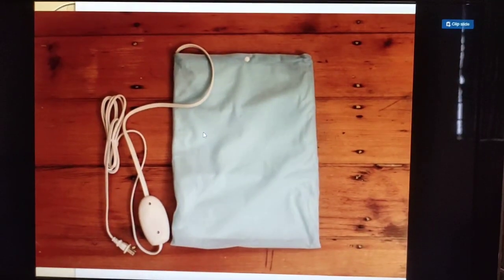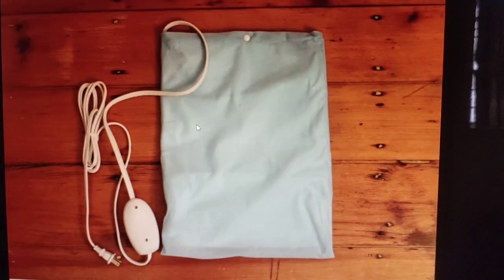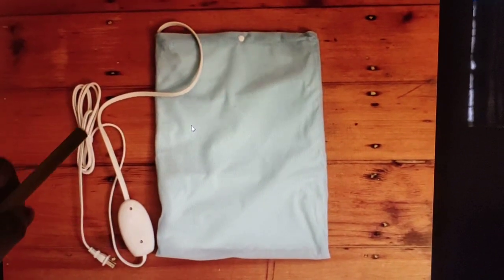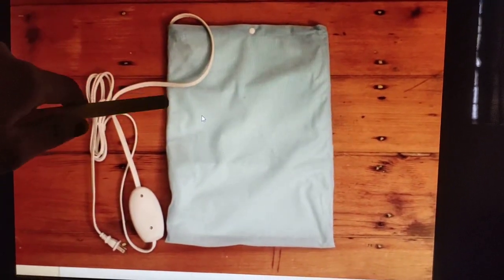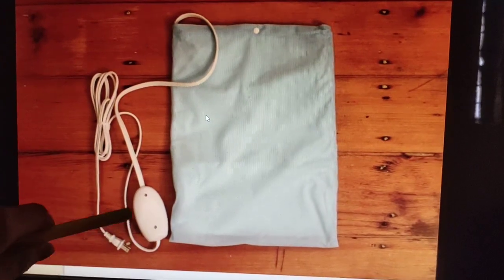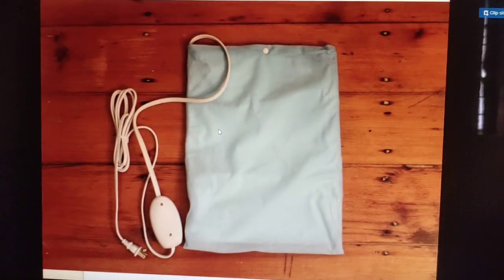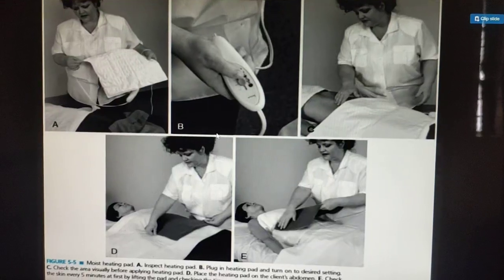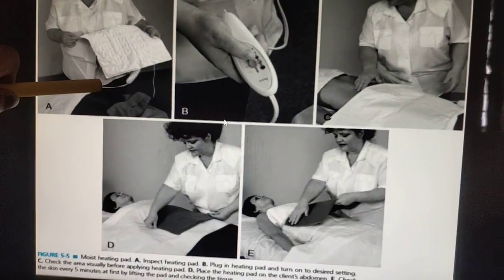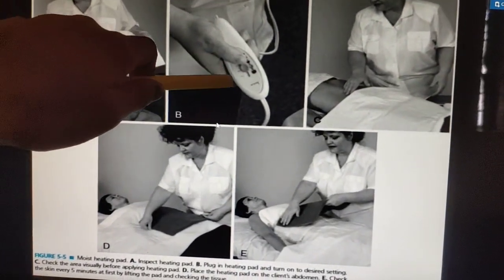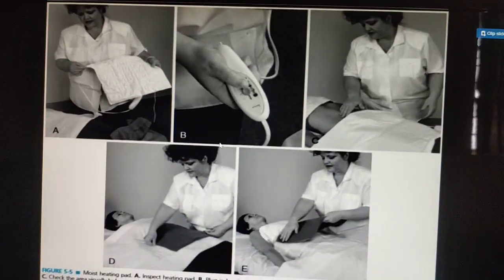See, this is the electrical heat pad. You can see the connections here, isn't it? Again, two-thirds of water we have to fill. Then here we can monitor how many degrees. This is what we call the electrical heat pad. Now you see here the nurse is holding the electrical heat pad. Then she is setting how much heat she wants, the degrees Celsius, by the physician's order.